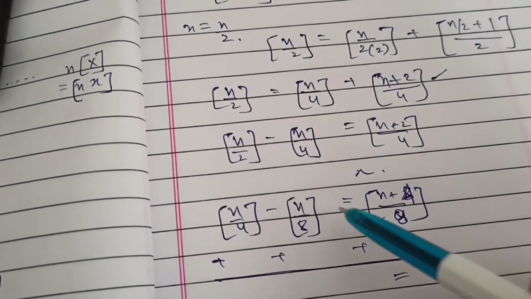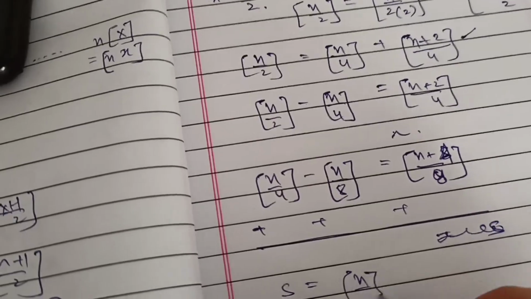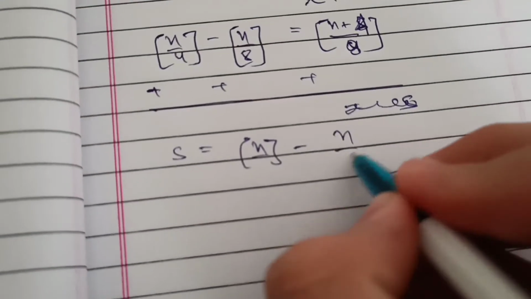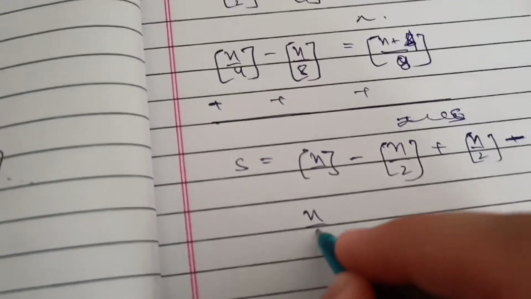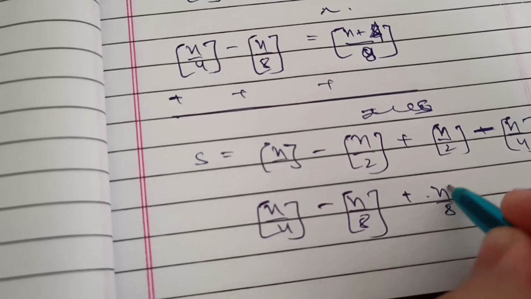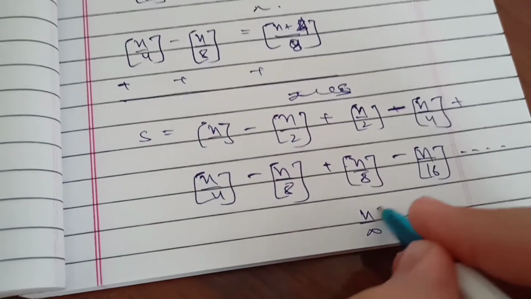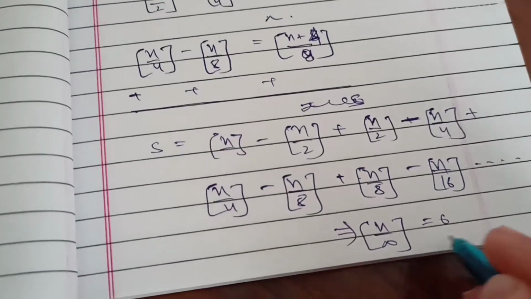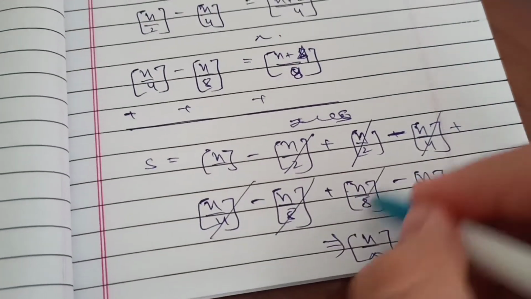So very clearly you can see what we will have to do. Let me write it in a clean way. You will get n minus n by 2 plus n by 2 minus n by 4 plus n by 4 minus n by 8, plus n by 8 minus n by 16, and this will go on. For infinity, n by infinity is relatively zero. And very clearly you can see that n by 2 and n by 2, n by 4 and n by 4 are getting cancelled. So the term with which you are left is